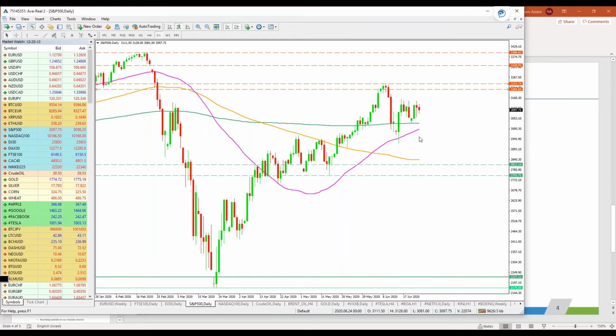But keep in mind that as this 50 picks up its momentum and gets closer and closer to the price action, if the price action doesn't take its momentum to the upside, then the chances will be that the price will drop below its 50-day moving average. And the moment that it drops below the 50 and remains below the 50-day moving average, the conversation will be back on board for the prices to revisit the COVID-19 levels.